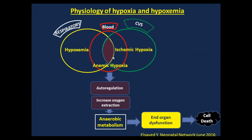The position of the oxygen dissociation curve is also very helpful to understand the adequacy of oxygen delivery at the tissue level. And then we have the respiratory system, which is responsible for normal uptake of oxygen and maintaining normal oxygen saturation and partial pressure of oxygen. So we have the three systems working all together, and any one of these systems starts to